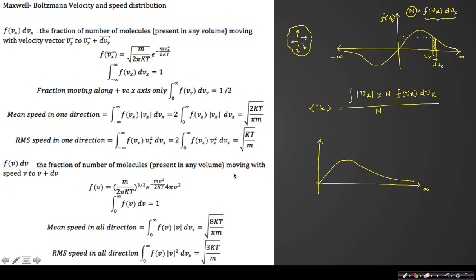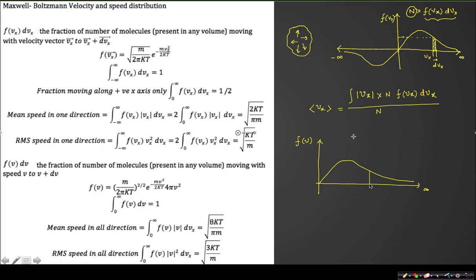Now there is one interesting thing. If I say that this is the speed distribution function f of v, and this particular molecule is moving with a speed of v, can you tell me what is the number of molecules that is moving with velocity v? The answer to this question is 0,